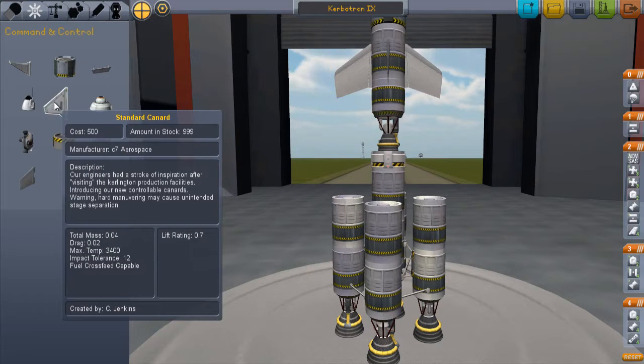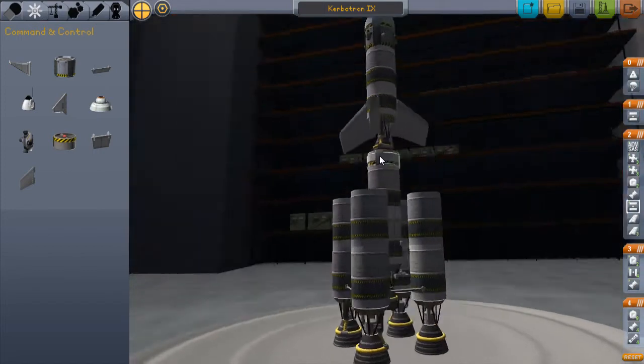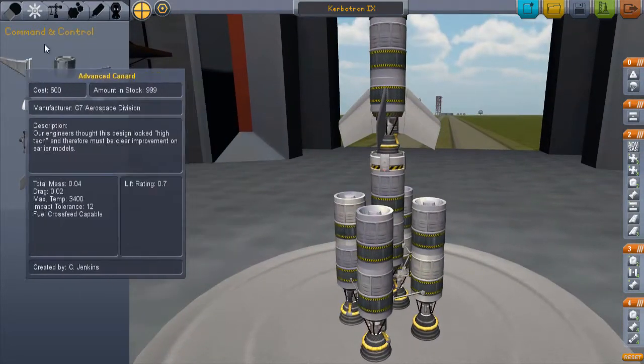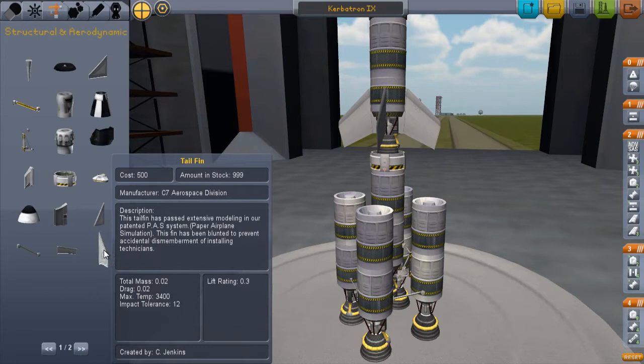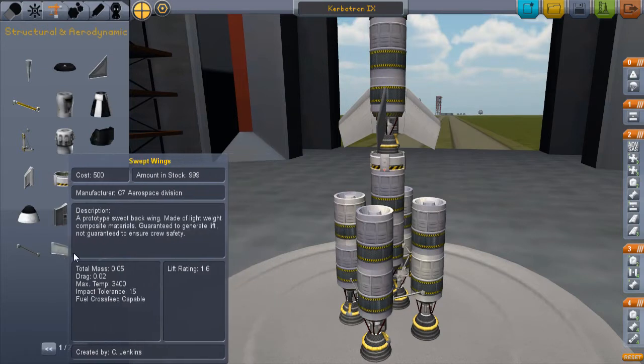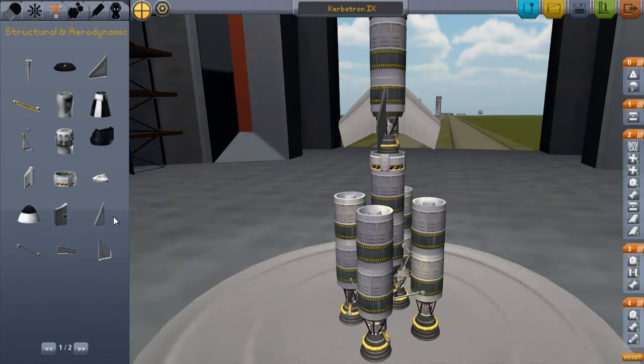Let's also add, what is the canard? Impact tolerance. Let's lower these wings. Yeah, that looks nice. Tail fin. Adds a little bit of drag. I think that's all for airplanes, so